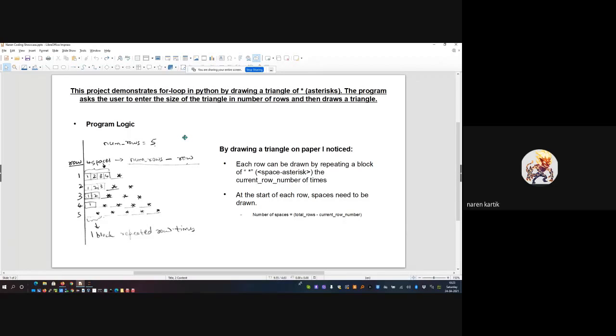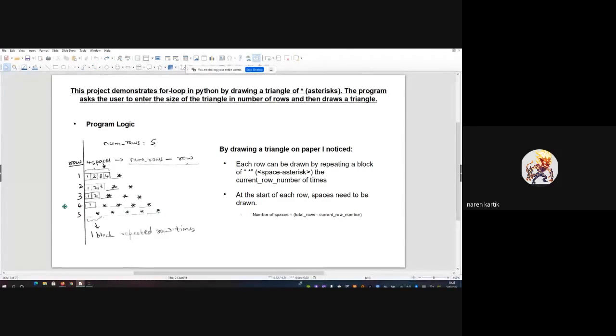By drawing a triangle on paper, I noticed each row can be drawn by repeating a block of a space plus asterisk the current row number of times. I also noticed that at the start of each row, spaces need to be there, and the spaces need to be the total number of rows minus the current row it's on.